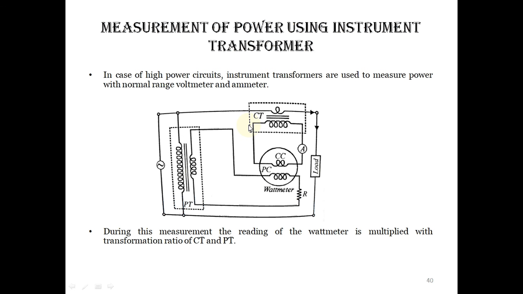Here you mind the number of turns. Here you see the number of turns is less, as it is known that CT primary has a lesser number of turns than secondary. Similarly, PT primary has more turns than secondary, because I said during the class that wherever the number of turns is more, the induced voltage will be high, and when induced voltage is high, current level is low. So current level is low here, then this CT is established. Here again high voltage, low voltage. So this is the scenario. This is all about the circuit. This dotted line is for PT and this dotted line is the whole CT.